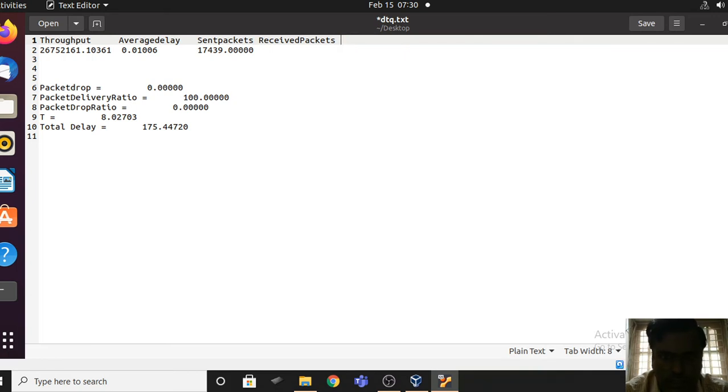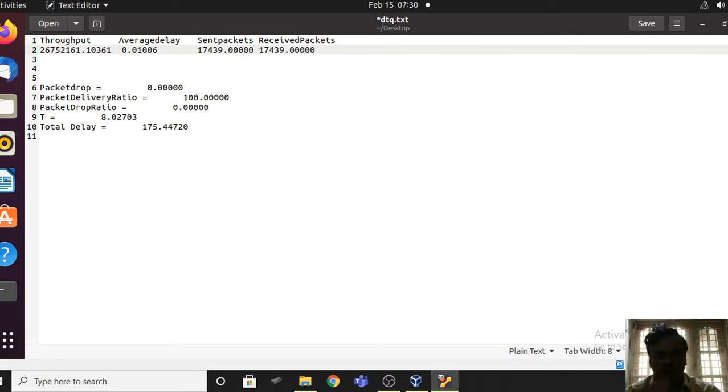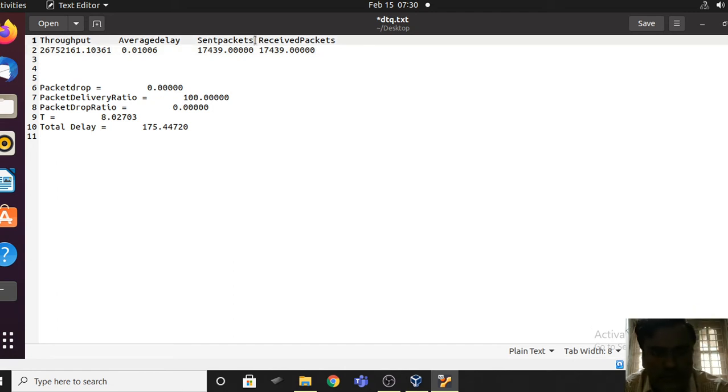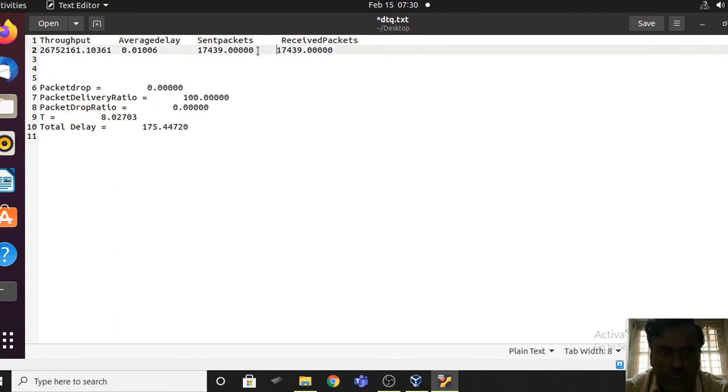Ctrl X, Ctrl V. Let me have some more space. Yeah, these are the values.